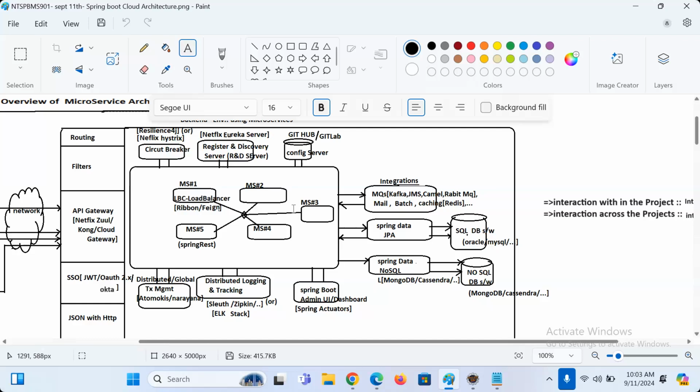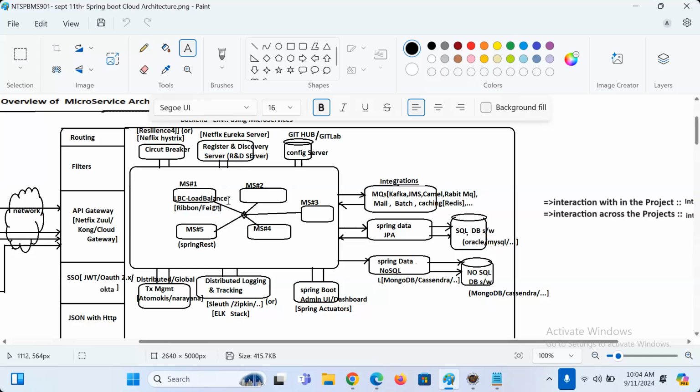Now listen. All these microservices are basically independent projects. If needed, we need to keep them in communication. To keep them in communication, first of all these microservices should be registered somewhere.